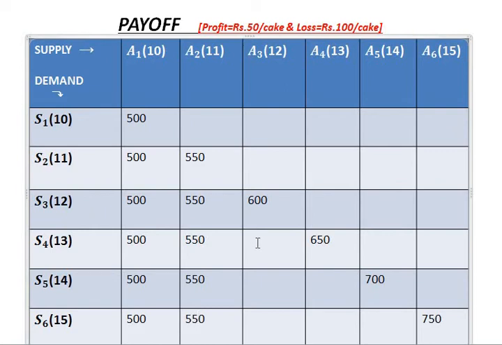Same in the case here also, 600. Same here also, 650. Here it is 700. Now all these remaining triangular entries are to be filled, where you have to consider the loss